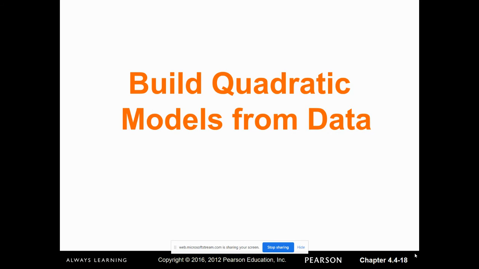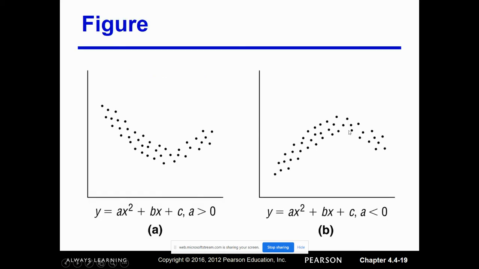The last section of 4.4 talks about building quadratic models from data. So now let's look at this scatter data diagram. Just like a linear function data diagram, we call it a scatter data diagram. It won't form exactly the parabola, but we're looking for the data band. As long as the data band kind of has a parabola shape, then we say the data